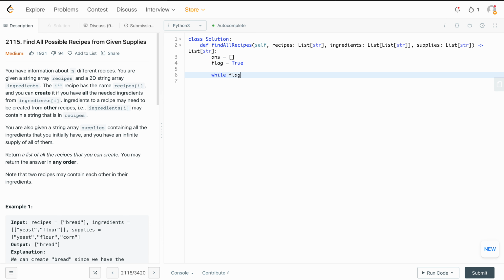So while flag, this will tell us that we found some, we added something to supplies essentially. So for I in range length of recipes,